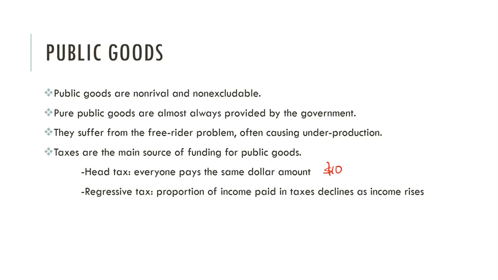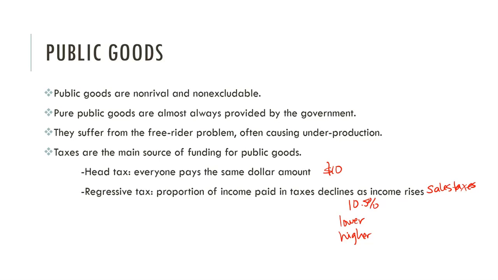Regressive tax, this is where the proportion of income paid in taxes declines as income rises. One example of this would be sales taxes. So even though it's a flat percentage, say everyone's paying 10.5% in sales tax, when you look at lower income people versus higher income,